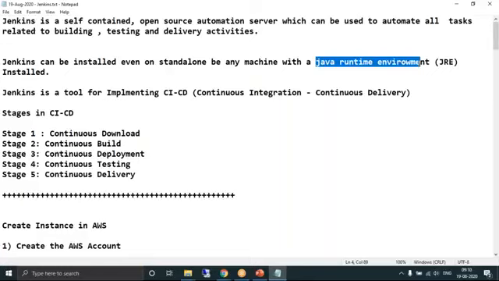Stage 2, continuous build. Stage 3, continuous deployment. Stage 4, continuous testing. Stage 5, continuous delivery. All the stages can be done using the tool Jenkins. That's why it is called a CI/CD tool.